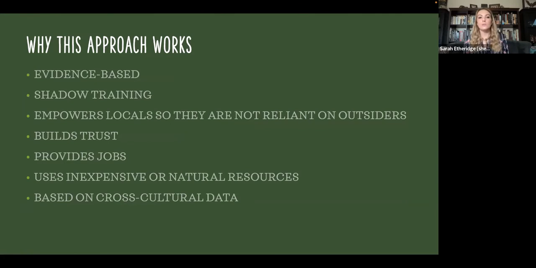And again, why this works is, number one, it's evidence-based. Number two, I'm not the person telling them this. People from their own community, they're the ones who are telling them this. It empowers people. They're not reliant on us anymore. We're not working in Nicaragua anymore, but they're still doing this. They are still having really great health benefits from the 3-year program.